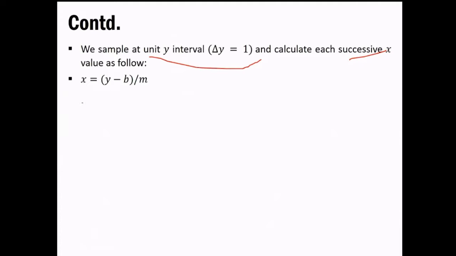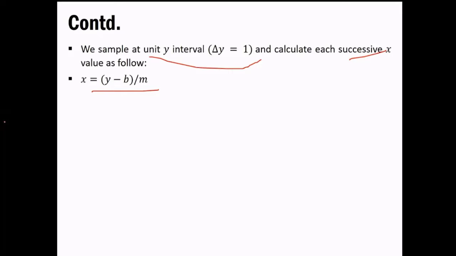So basically we have taken our successive x, and we have modified the equation based on our usage. Simply, what to do: y equal to mx plus b, right? So simply change it so that we get something like this, that is x equal to y minus b divided by m. You will get this easily too. We haven't done anything complicated inside; we have just taken m to the other side, since it is mx plus b.